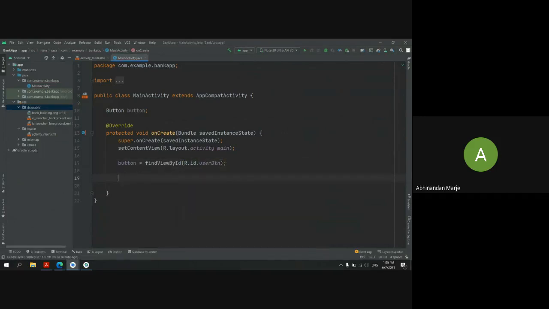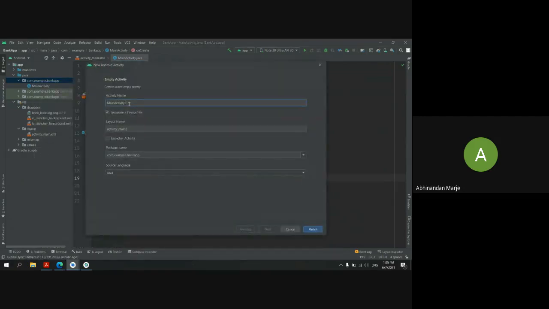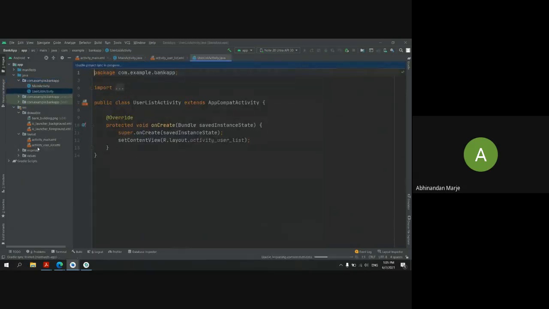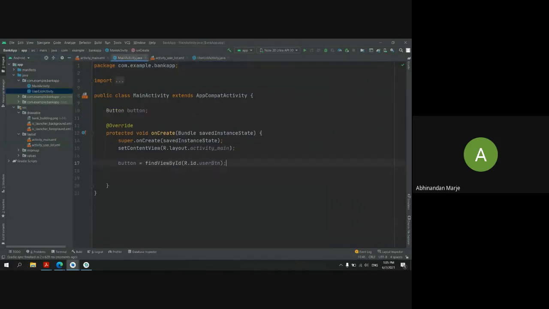Yes. Now when I click on this button, I want to navigate to another activity. So I will create one another activity here. So I will set on click listener here.